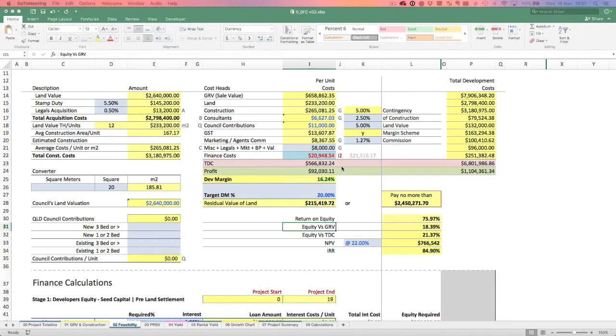Because if you manage to do that, and if you manage to control that project some way, shape, or form, and I don't mean just by controlling the project by getting an option, because when the market is hot and the market's going up, it is very hard to get options on smaller blocks. And when I say smaller, I'm talking about even 2,000 square meter blocks. It's very hard to get an option on those sizes, because they are snapped up really fast, and if you go any smaller, they are snapped up even faster. So anyone who's selling